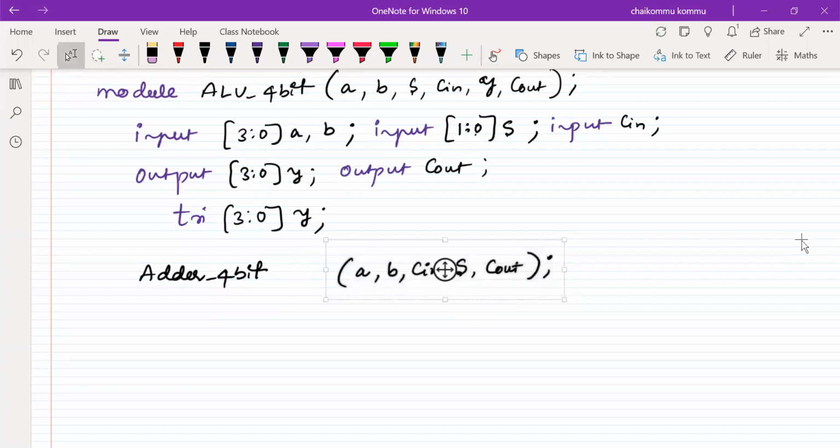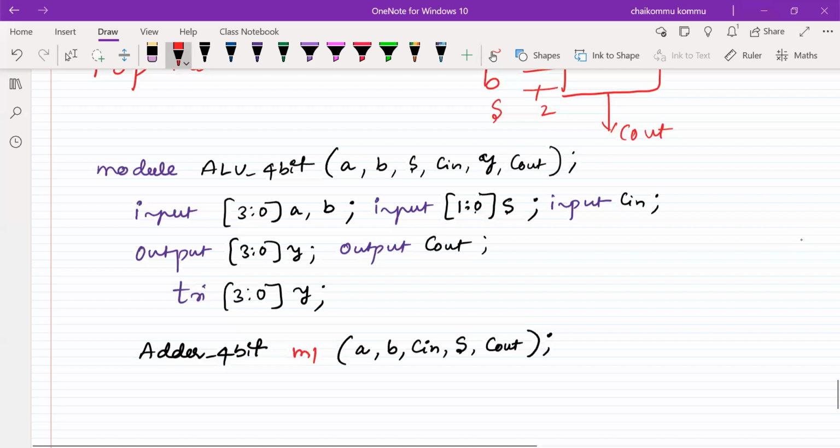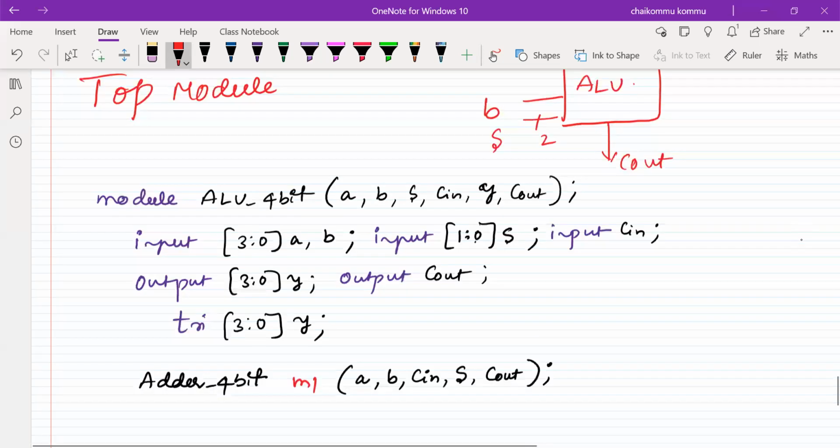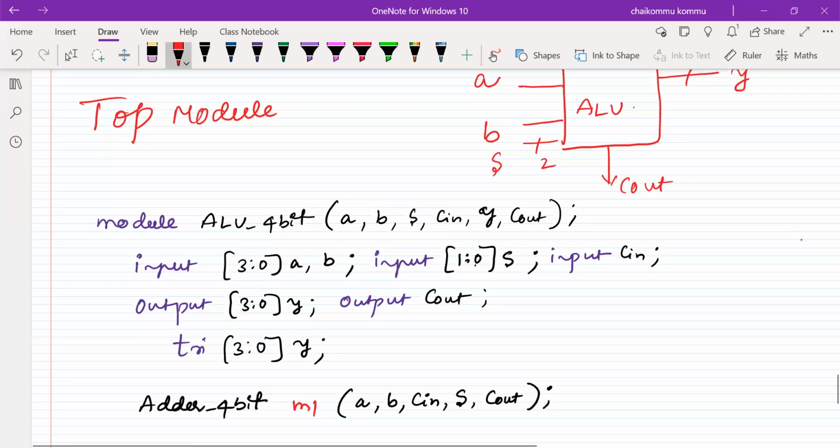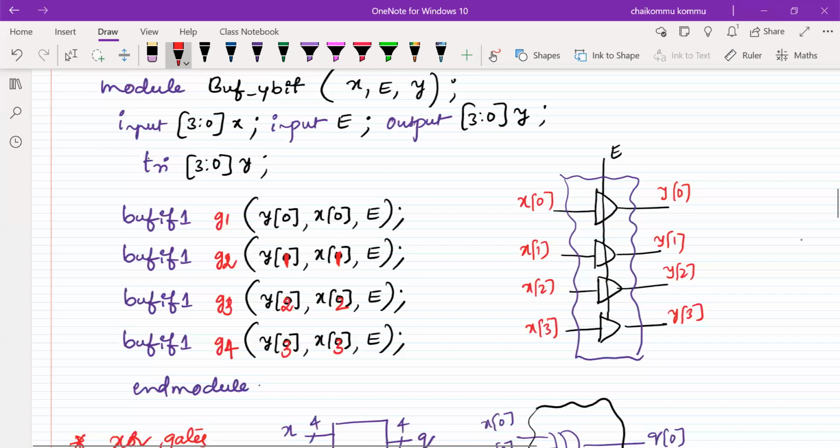It is better to write the module names. Okay, it is module 1, right? Next one is, what is the next? Only one adder is there. That's how I am using. Next one is the NOT gate. Where is the NOT gate here? Yeah, here is the NOT gate. I am going to consider the NOT gate here only.